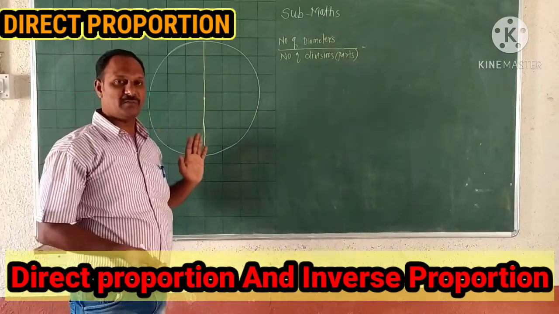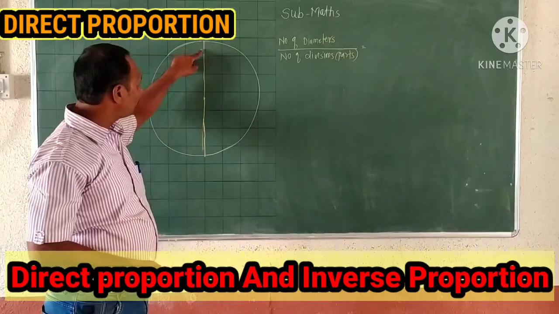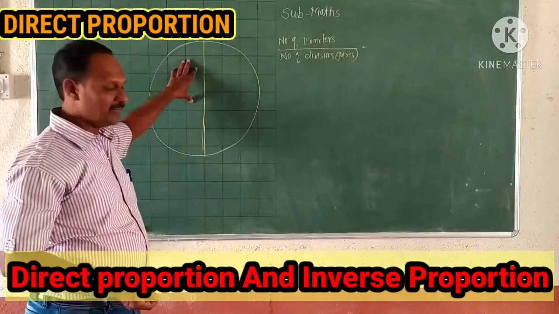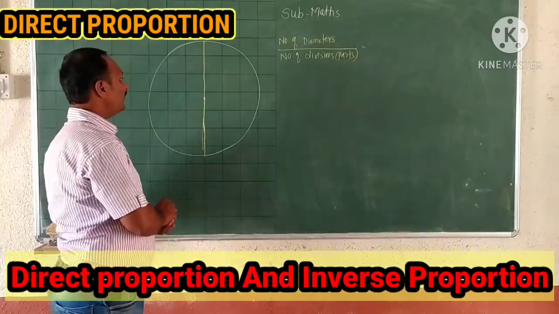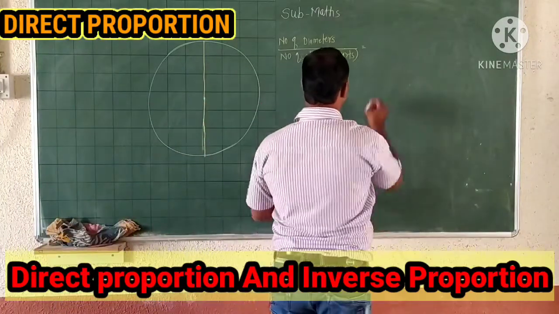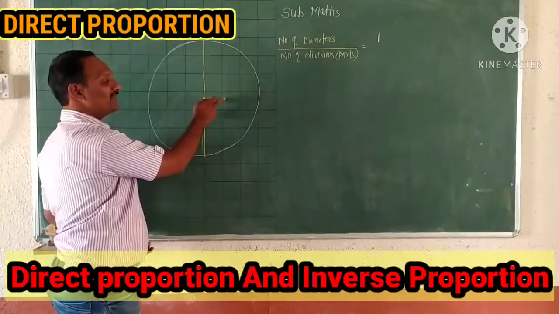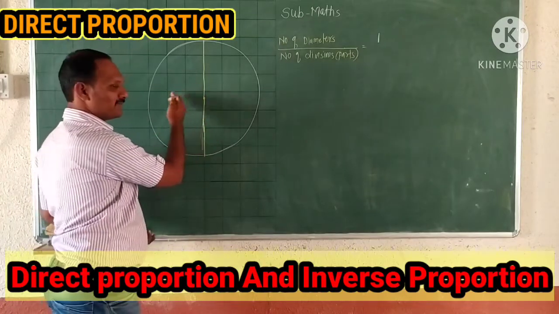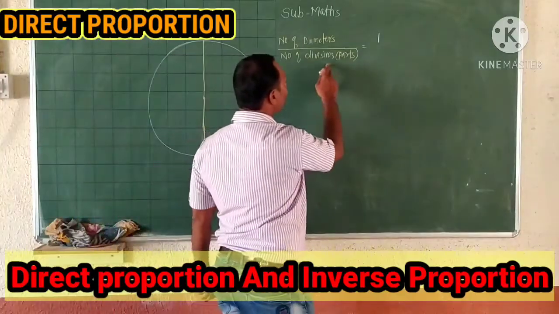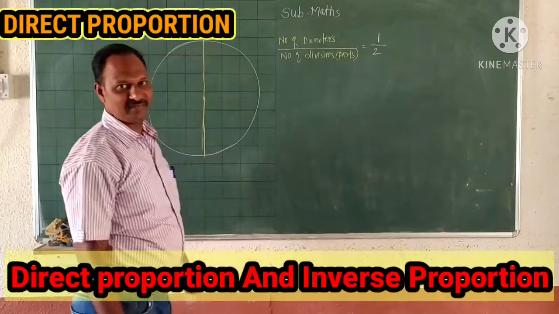Now what is the definition of a diameter? A line segment passing through the center point of a circle is called a diameter. Now, how many diameters are in this circle? There is one diameter. This one diameter makes two parts of the circle. This is the first part, this is the second part. These are also called divisions. So one diameter makes two parts or two divisions of a circle.